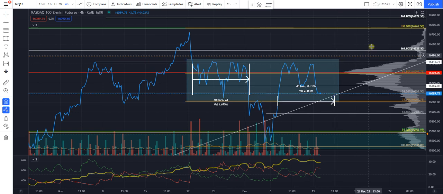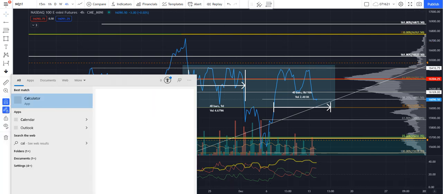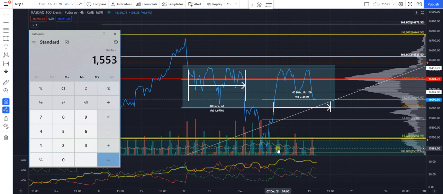As far as the target for this pattern, the math for an inverse head and shoulders is calculated by taking the neckline that we called 16,416 and subtracting from it the low of where the head was set, which is 15,538. That gives us 878 points, and then we multiply it by 74%, which gives us a breakout value of around 650 points. And so when we add 650 points to our neckline, we end up with a target around